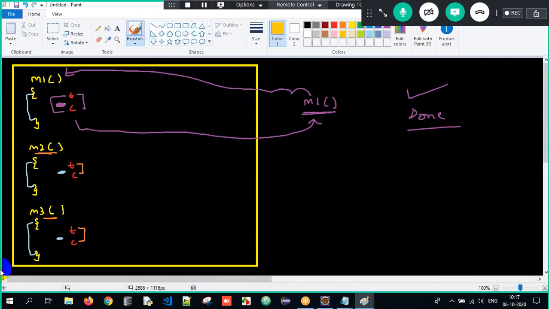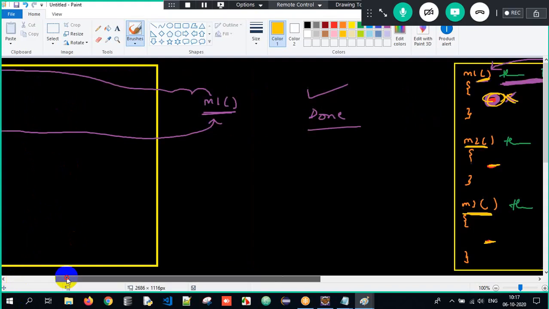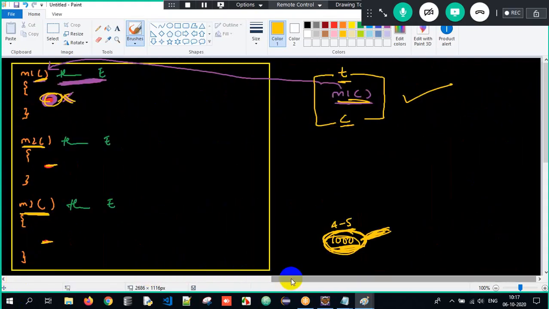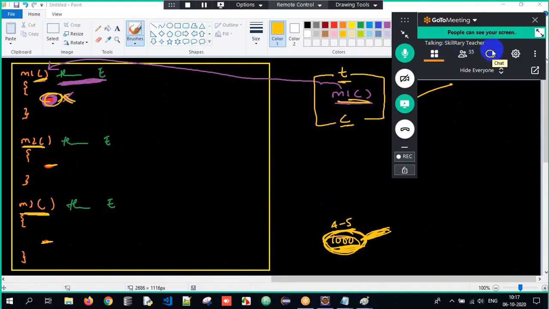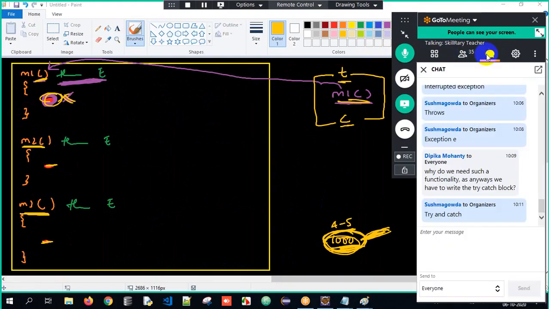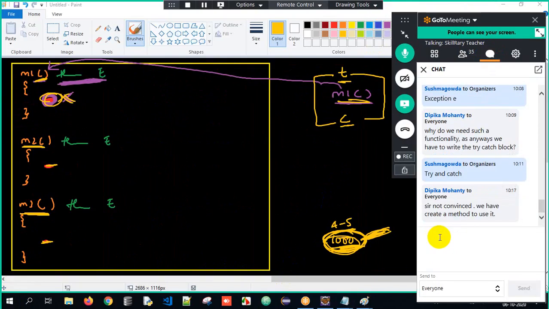In scenario number 1, we were handling all the exceptions in all the methods, wherein I'm not trying to call M2 or use M3, but we have handled them unnecessarily. What is the use of handling it, because I'm not invoking at all? In the second approach, I will handle only when I use it, so the efficiency is comparatively high. This is the major advantage of the throws keyword.